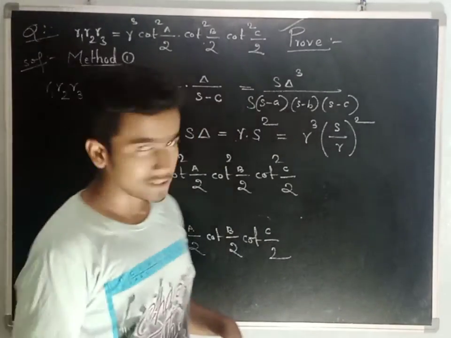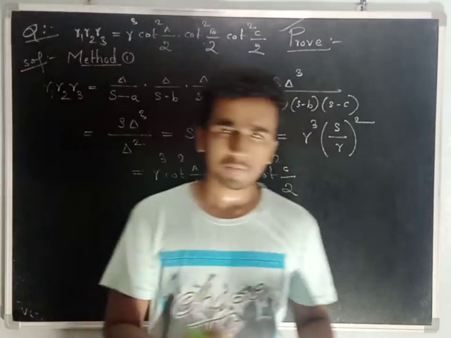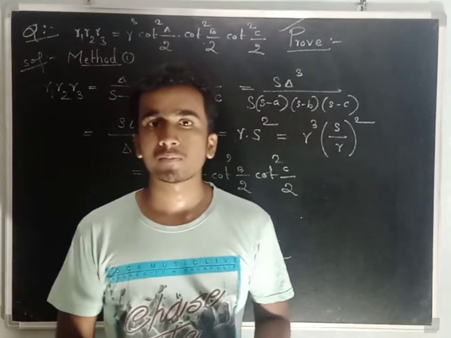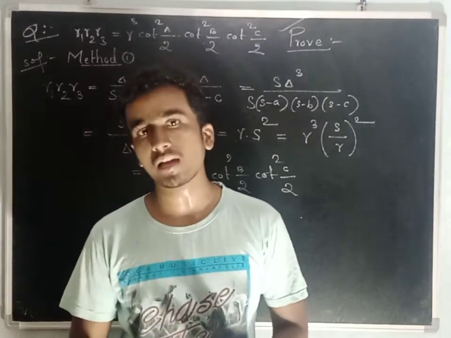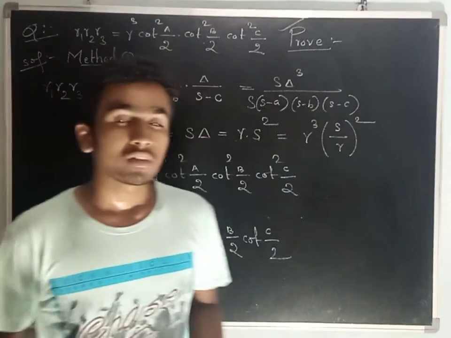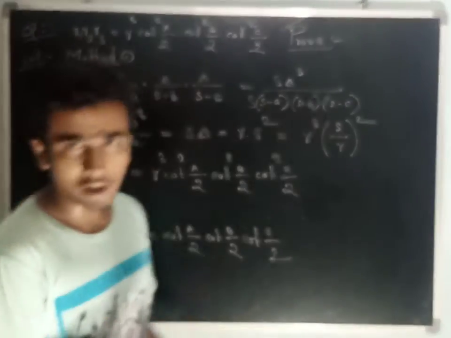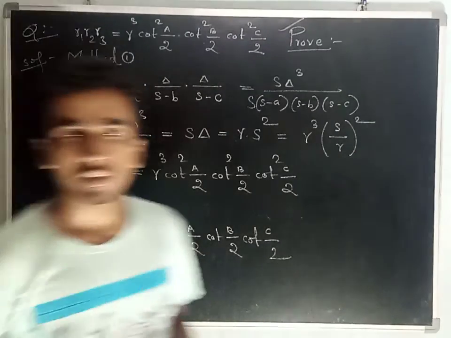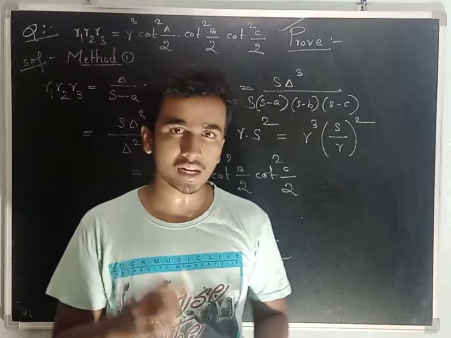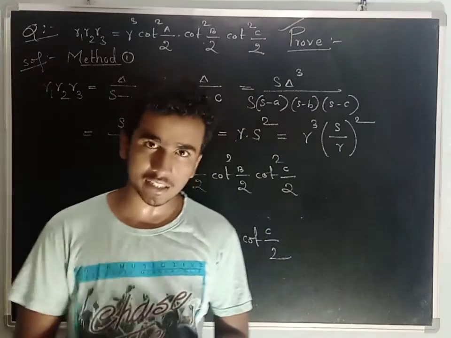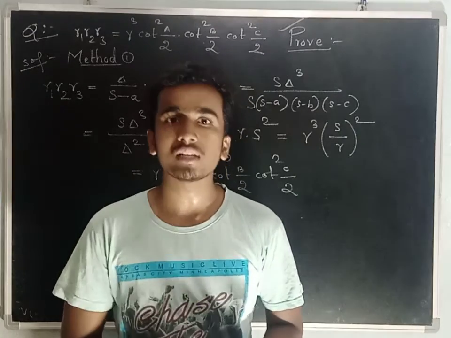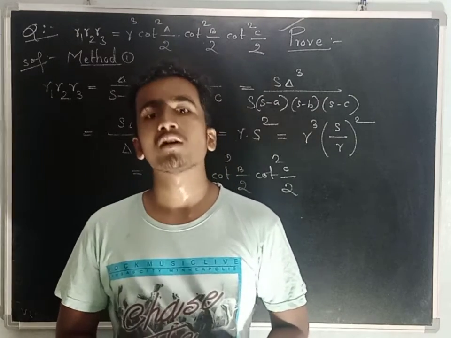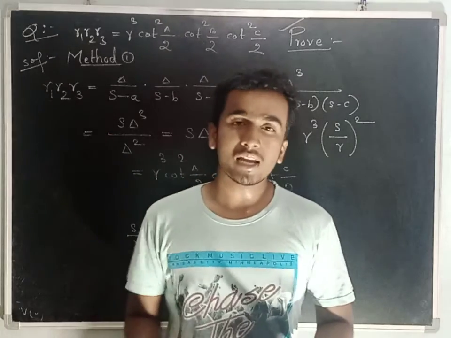And we are going to go for another method. See, while applying different formulas for the same problem, the methods will be completely different, but the final result is going to be the same. I am repeatedly saying, if you apply any other formula other than this delta by s minus a, the methods will be completely different, but the final result is going to be the same, which makes us understand that each and every concept in any chapter plays an important role, either in solving some numerical questions, or it will enhance our understanding levels also. Okay, let's go for another method.